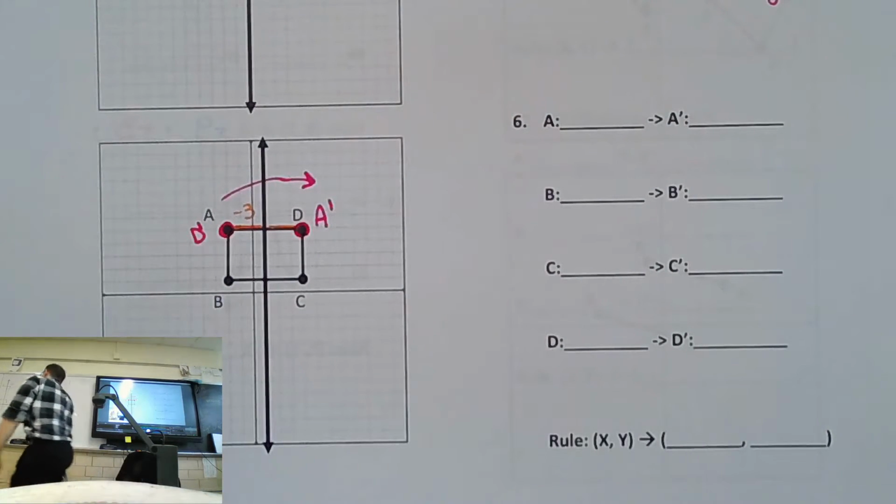For example, this up here. Look at the red rectangle. Here's the purple line of reflection. B is 2 away from the line of reflection. So after I flip it, it's still going to be 2 away. It's going to be here, right? Yeah, that's the line of reflection. But when you count coordinates, you count it from the origin, right? Okay, cool. Back here. B is 2 away from the line of reflection. So when I flip it, it's still 2. Do you see how B and C didn't switch spots here? Right? That was just a coincidence over there.